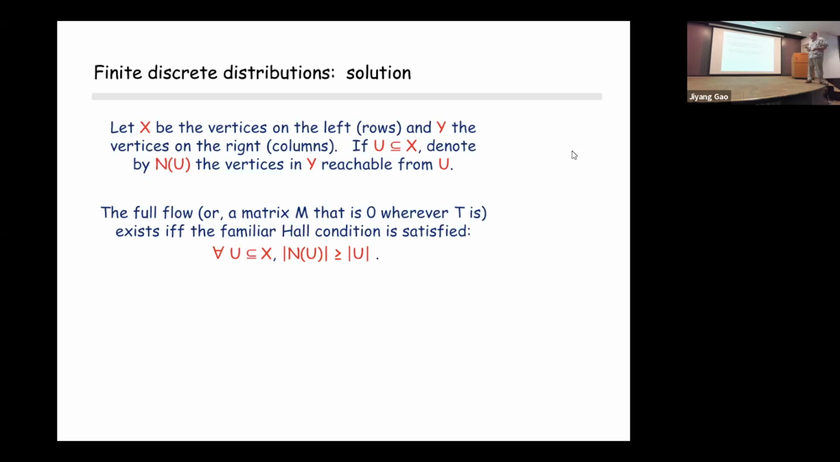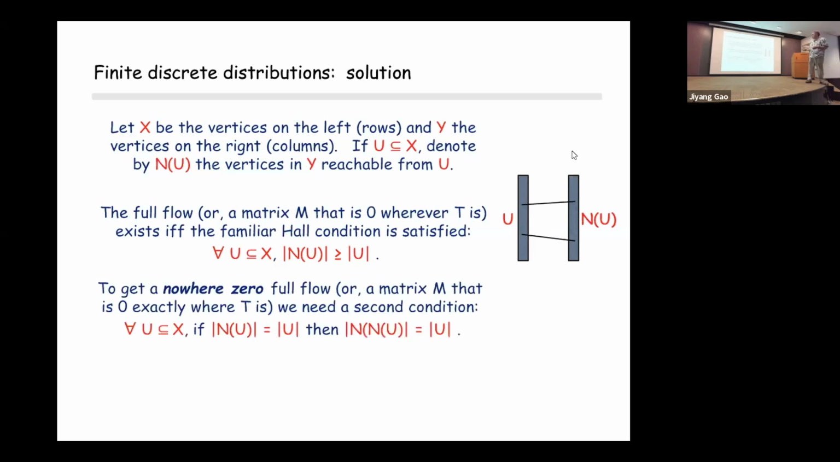So, in the integer case, we have Hall's theorem, and we can deduce if there's a matching. But we're actually looking for less than that. We're looking for a flow. We can divide stuff up anyway. So that's an example of a neighborhood, where the set is expanding to go to the other side. To get the nowhere zero flow, you only need a simple second condition,